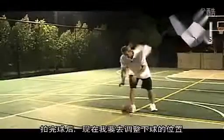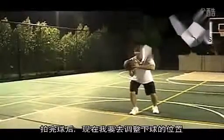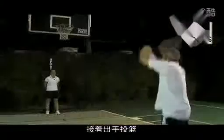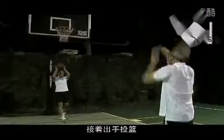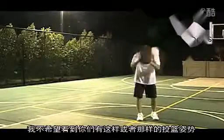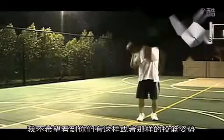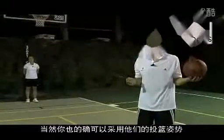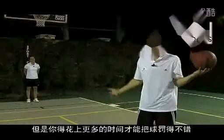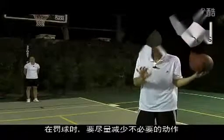So I want to bounce the basketball. Now I want to set the basketball. Make it come to a stop position. Now I can go into my shot. As I go into my shot, there's a lot of different ways. You might see people shoot it like this or like this. You can shoot it that way, but it's going to take you a lot more repetitions to become a good shooter. So what we want to do is limit the motion,